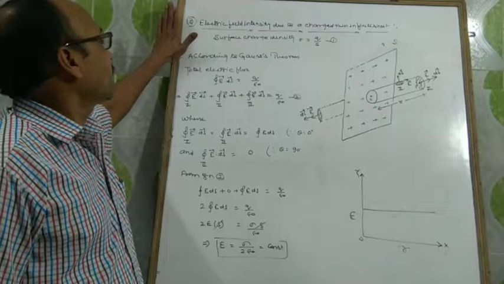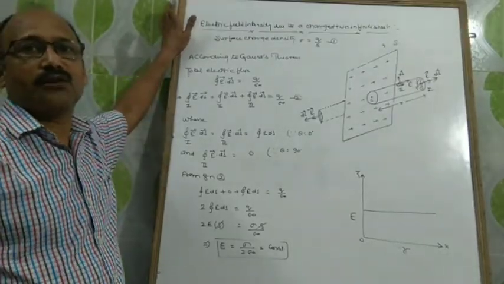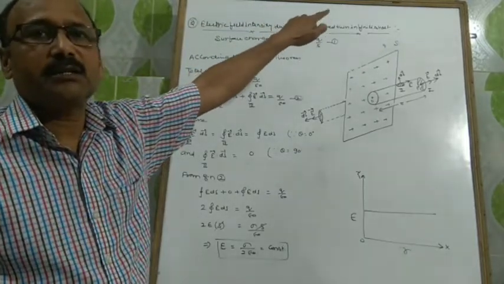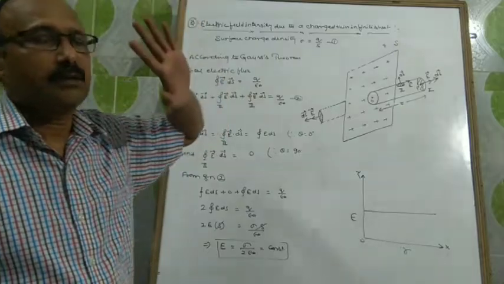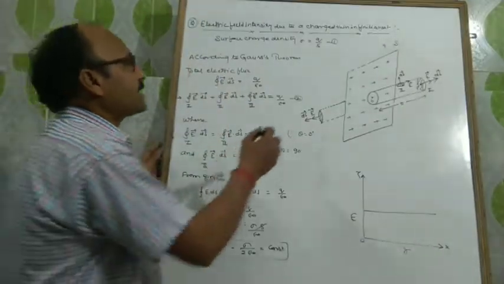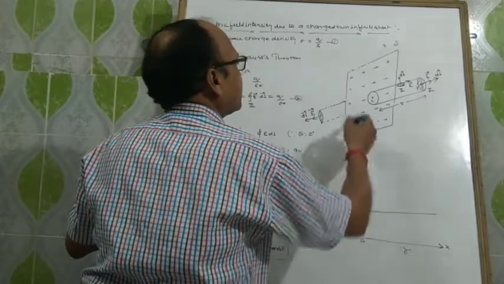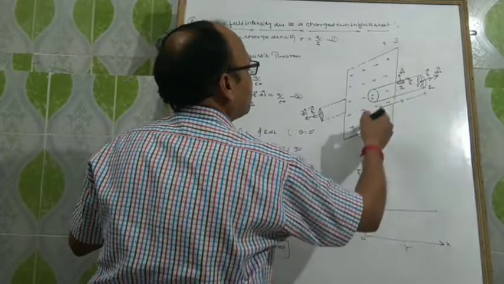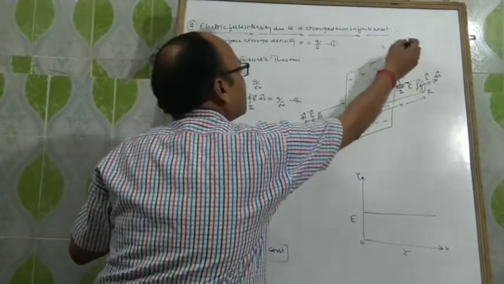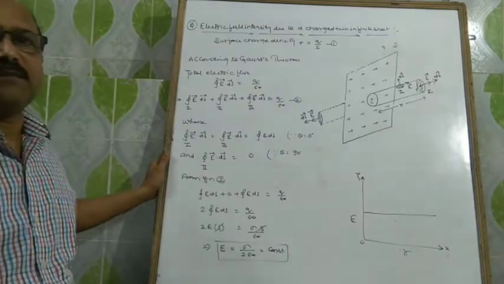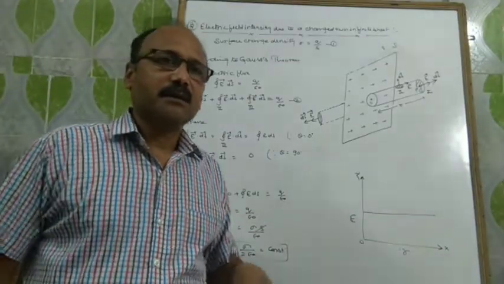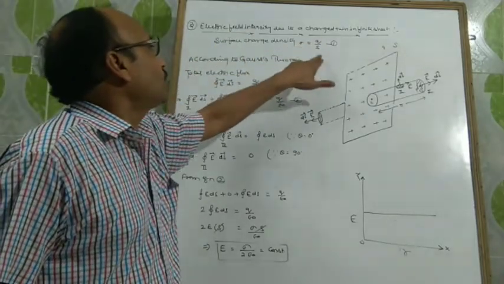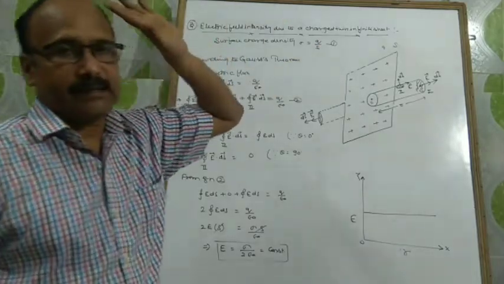So now we have to discuss the third application of Gauss's theorem, electric field intensity due to a charged infinite thin sheet. In this case we are taking a small part of that thin sheet. Plus Q charge is uniformly distributed on the surface of this sheet, and the surface area of this sheet is S. So the surface charge density will be sigma equals Q upon S.